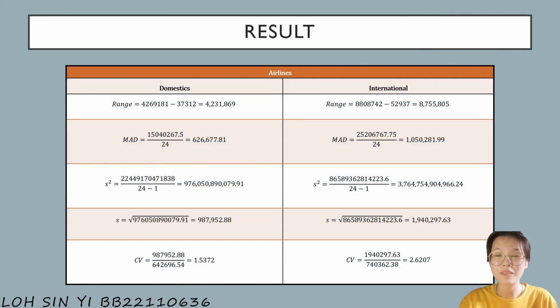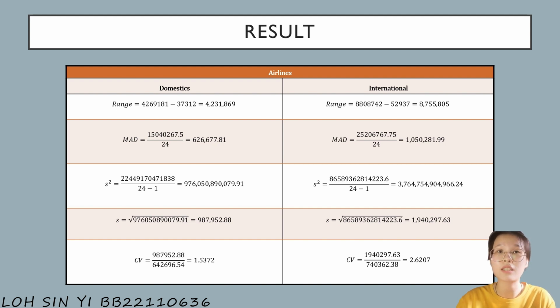Next, here is the result. First, range is equal to maximum number minus minimum number, where domestic is 4231869 and international is 8755805. Mean absolute deviation is modulus x minus mean divided by n, where domestic is 626,677.81 and international is 1050,281.99. Variance is total of x minus mean square divided by n minus 1, where domestic is 976,050,